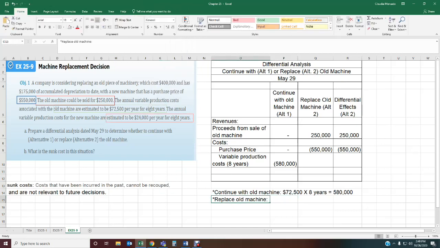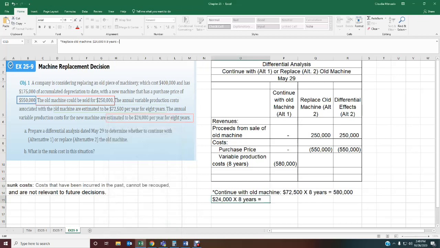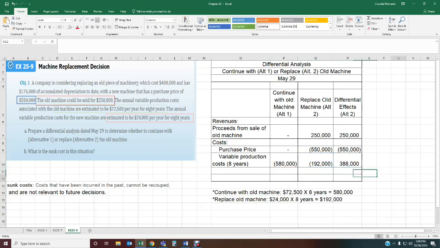Okay. 24,000. So then we're going to have 24,000 times 8 years, and that's going to give us $192,000. Okay. So if we decide to replace the old machine, we're going to have variable production costs of $192,000 over the next 8 years. Wrong cell, negative 170.92. There we go. Okay, and we compare alternative 2 minus alternative 1. Okay,